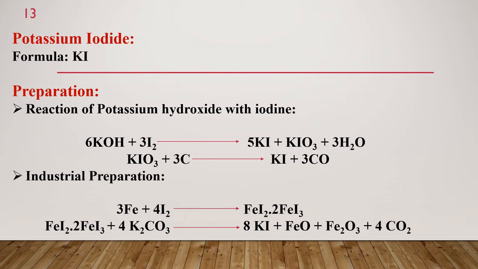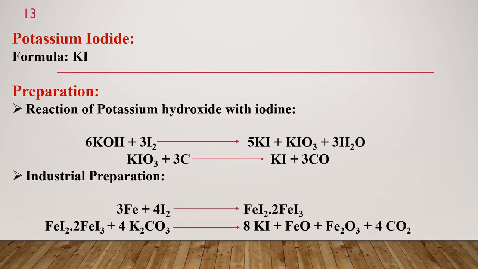Potassium iodide. The formula for potassium iodide is KI. Preparation of potassium iodide. Potassium iodide is prepared by treating hot aqueous solution of potassium hydroxide with iodine in slight